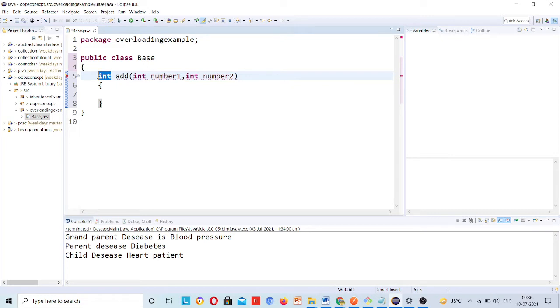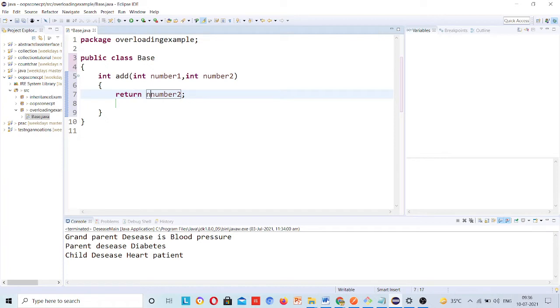Since it was void, it does not need to return anything, okay. But now once it is integer return type, it has to return the integer. So I will do one thing, add return statement, okay, and it is returning number 2, but we have to return the addition of two numbers, okay.